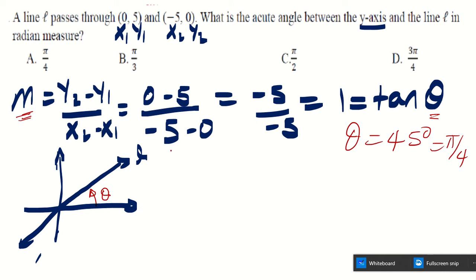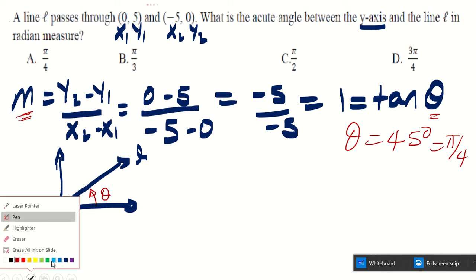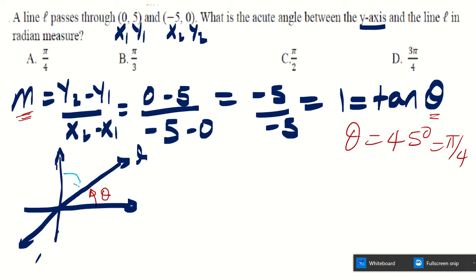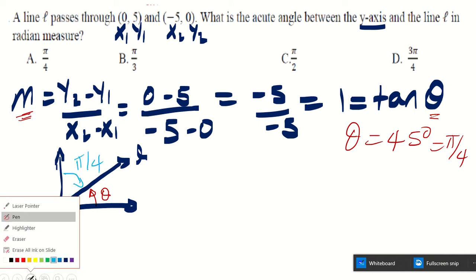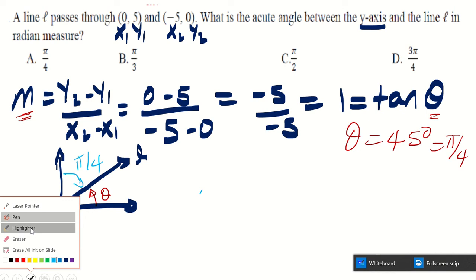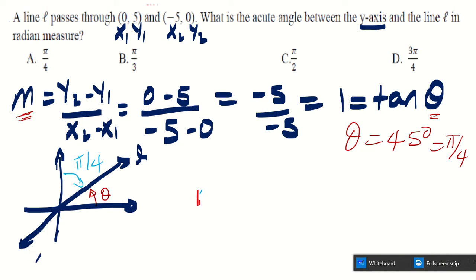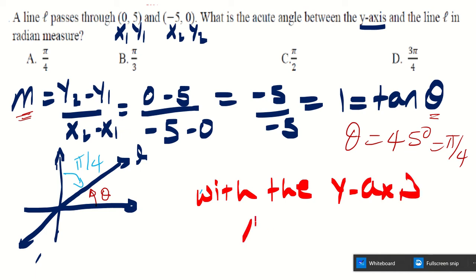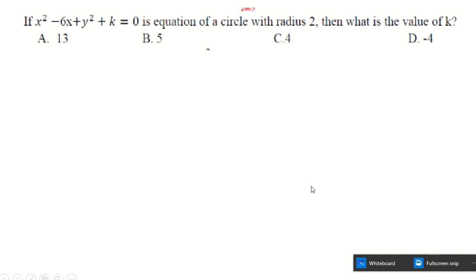But we are asked not with the x-axis, but with the y-axis. That means we need to find the remaining angle, which is this angle. So obviously it will be pi over 4 again. Therefore, with the y-axis, it will be just pi over 4 again. That's it. When you go to the next question,